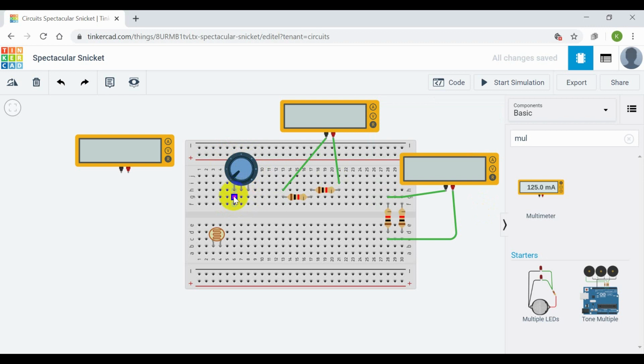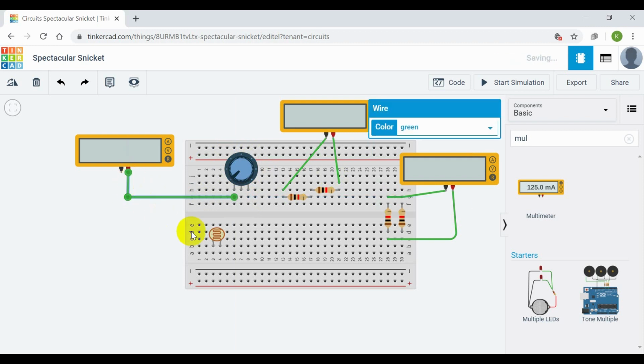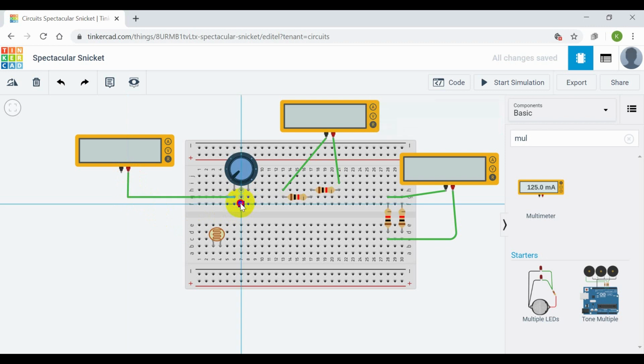Now I am giving the connections. Now I am taking to wiper contact terminal. Then only we can check, we can see the change of resistance.